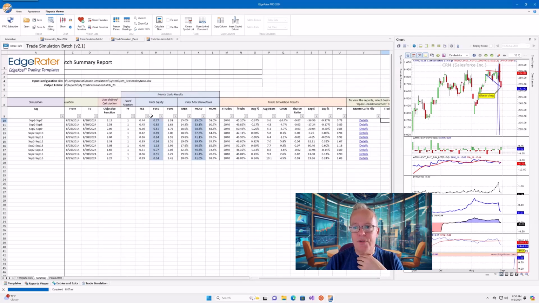To start with, we can see the average for all of these, and there are several that have a positive average. There's September 2nd to 13th, 2nd to 12th, 2nd to 16th, and 2nd to 15th. All of the others have a negative average. Those are basically 7, 8, 9, and 10 bar trades. And there are 2040 trades. That's 10 years of data, so it's 204 trades per year. There are roughly 200 stocks being traded every year.